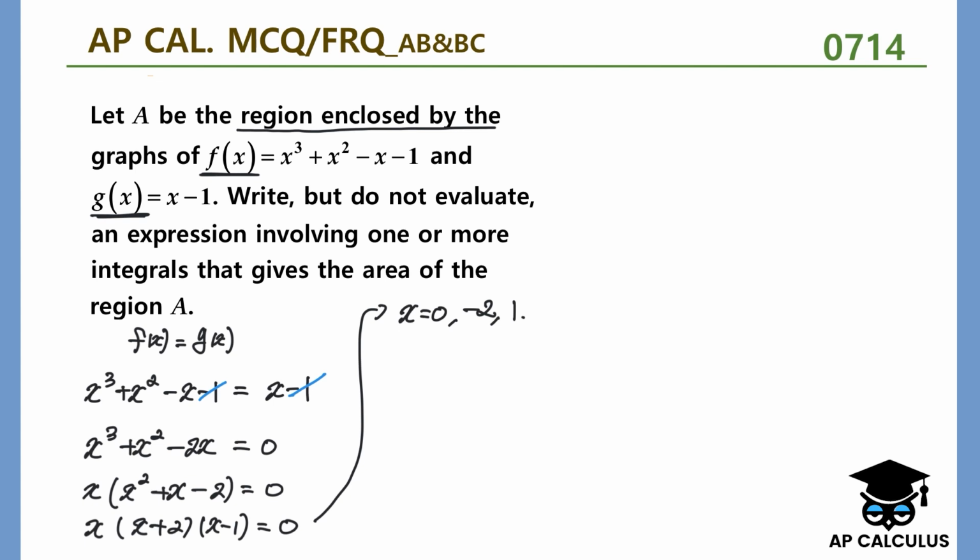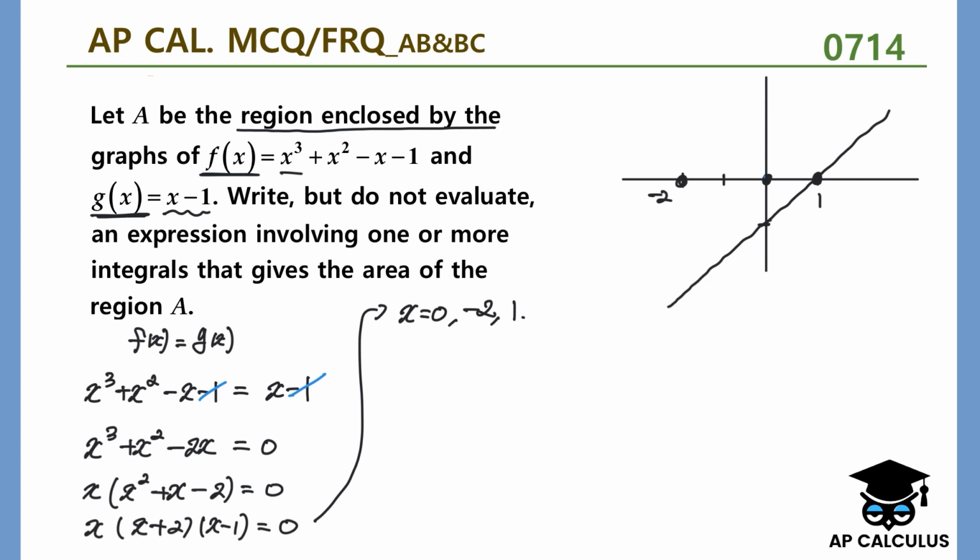If we graph these functions f and g, we have intersections at 0, -2, and 1, right? We have y is equal to x minus 1. That's linear. That's going to be like that. And we have cubic functions, right? So we have intersections right here, here, and here. So the cubic function probably looks like that, right? So we have to find the area of this region